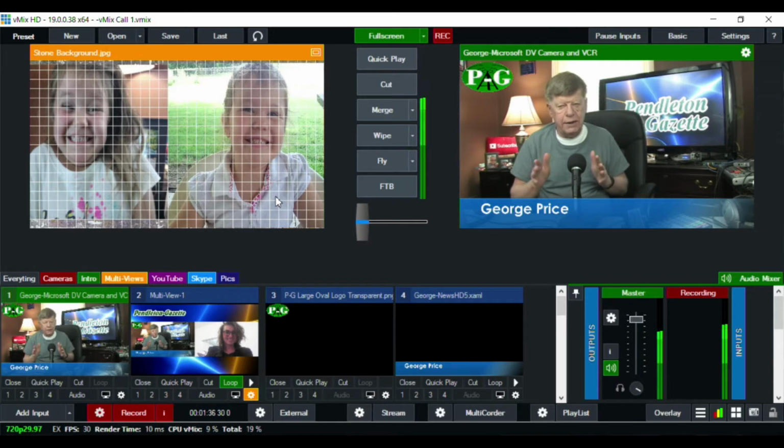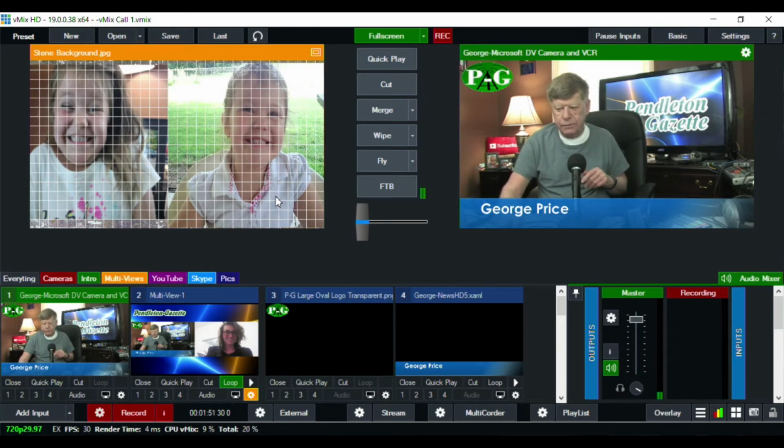And one tip here, what you're resizing is not the multi-view window in vMix, you're resizing the picture in that multi-view. So what we want to do here is that I think you can see this picture here is a little longer, taller than the picture on the left.